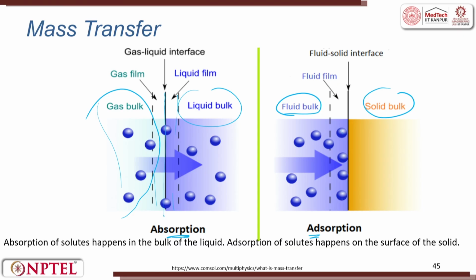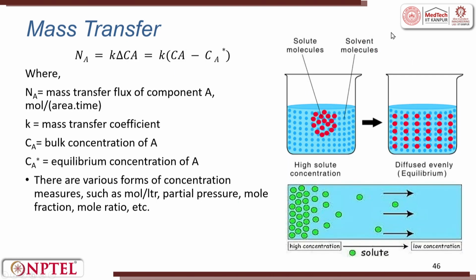For example, a majority of coating is done by adsorption. The majority of tablets which are coated with color are done by adsorption. So, it is done by fluid flow. They do it by fluidized bed, but that is a different story. So, this is the mass transfer where a gas-liquid interface is there, and a gas-solid interface is there. Gas-liquid interface, absorption; adsorption on the surface.